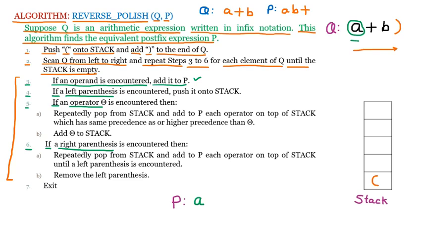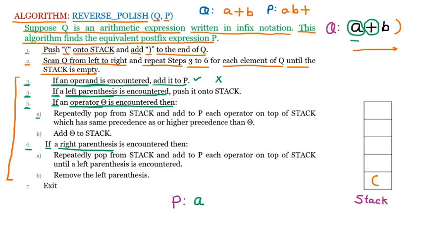Now we are going back, and again the next element is scanned. The next element which is scanned is plus. So plus is scanned. Again we will come here and we will see line number 3. If an operand is encountered, there is no operand because plus is not an operand, so this line is not working for plus. Then if a parenthesis is encountered, there is no parenthesis here, it is the operator. Then line 5, if an operator is encountered, yes, the operator is encountered here, then what to do?